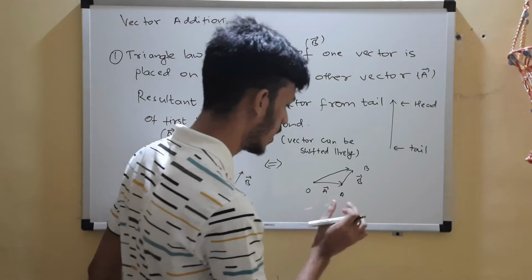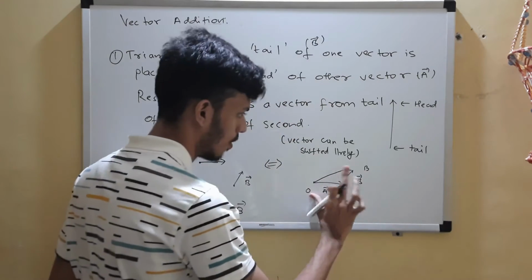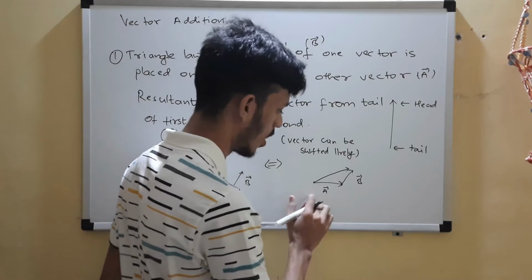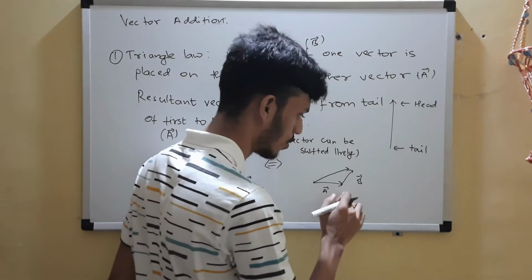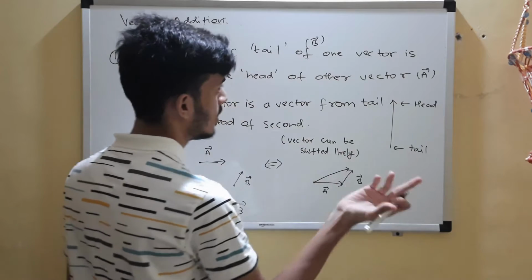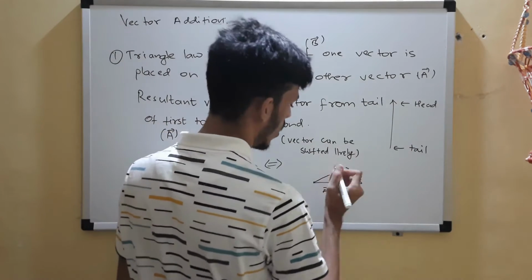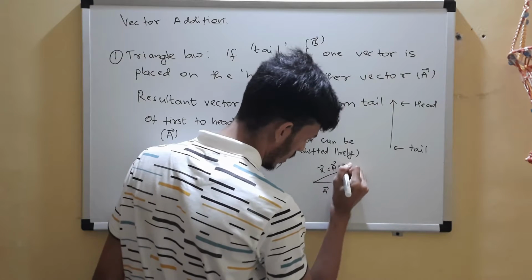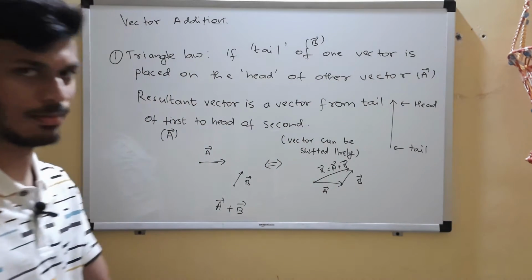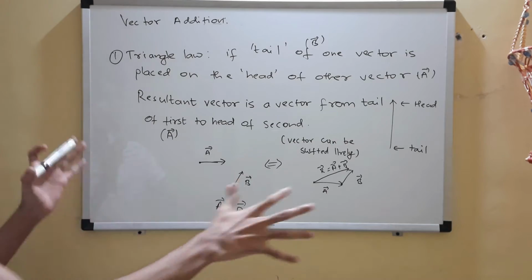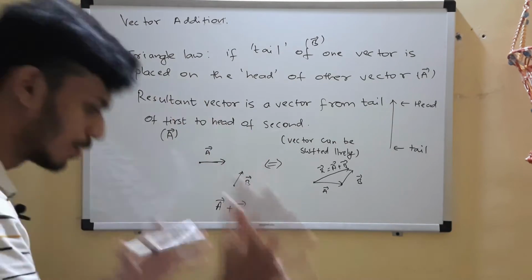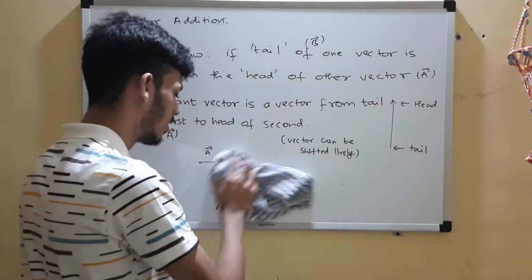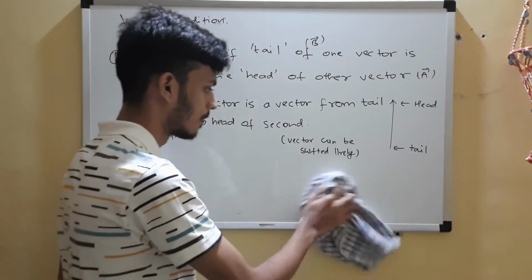So going from O to A and A to B is the same as going from O to B directly. That's the logic. Going from your house to school, and from school to your friend's house, is the same as going from your house to your friend's house. So this is the resultant vector a plus b, vector a plus vector b. Simple, right? We are just developing an idea. It's of no use as far as JEE and your other competitive exams are concerned.